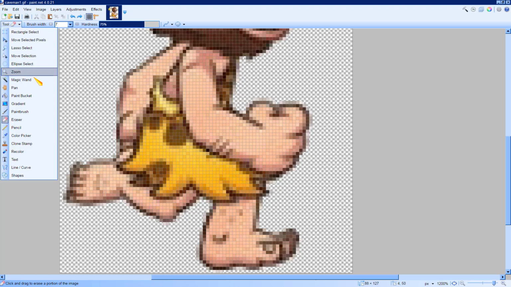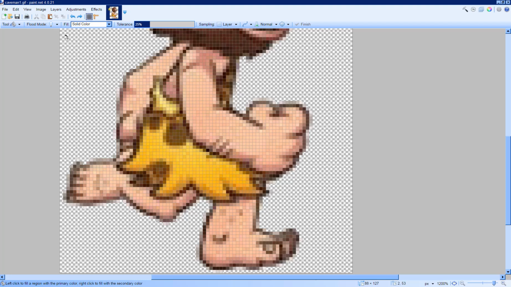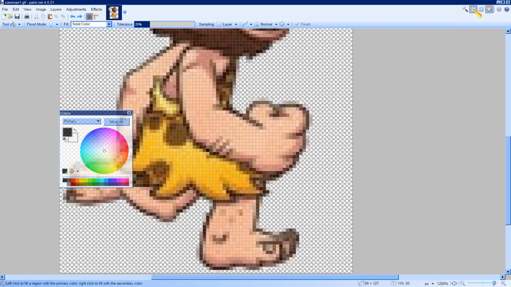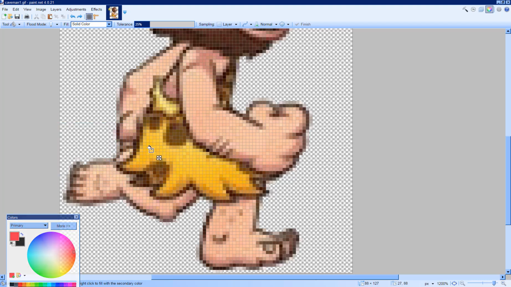So I'm going to go to paintbucket, and now how do I know what color is going to change where I click to? Well, if you go to this little color wheel, and whatever it says as primary, that is what color you're going to get when you use the paint bucket tool and you click on some region. So I'm going to make red my primary color, and now I'm going to click in this region,